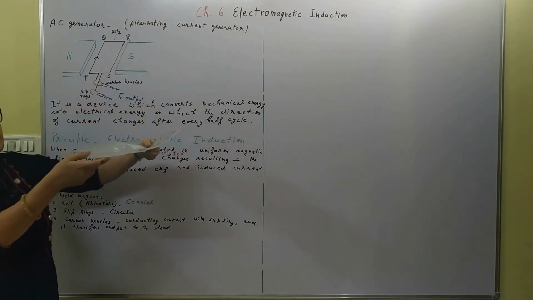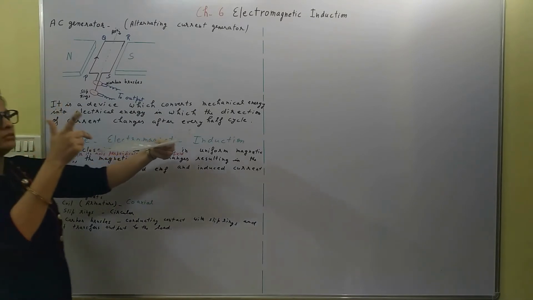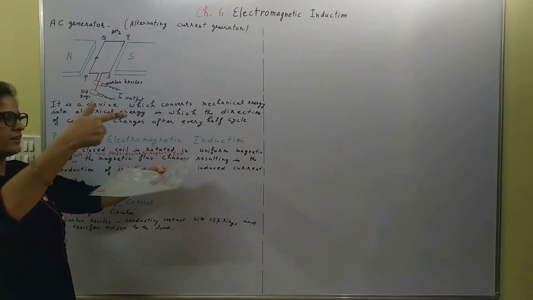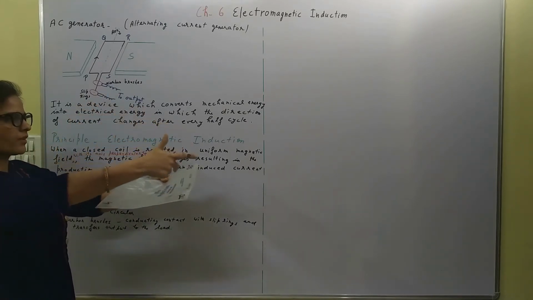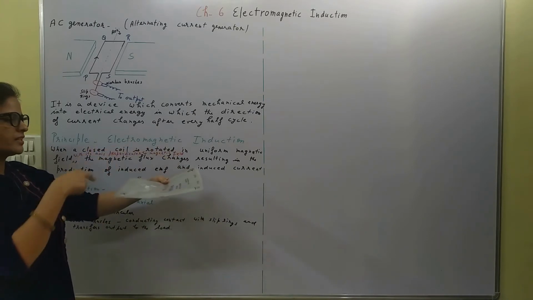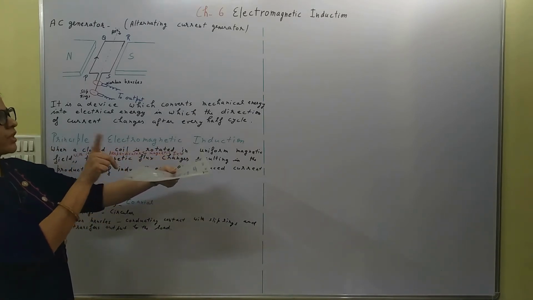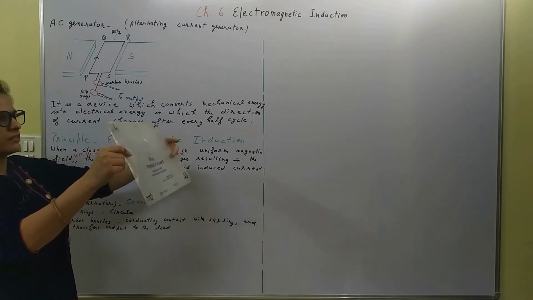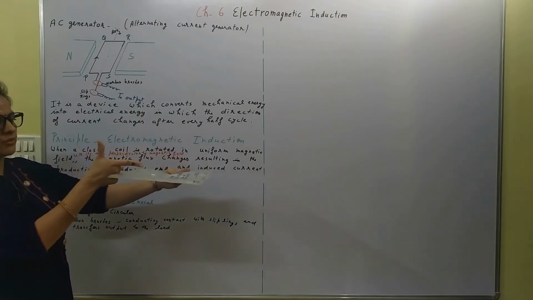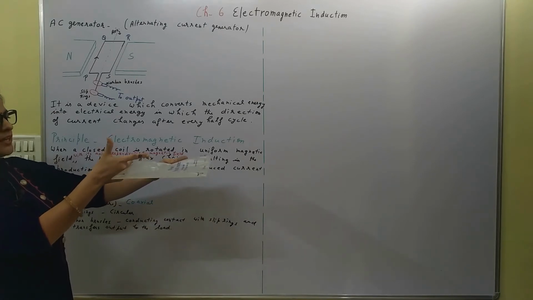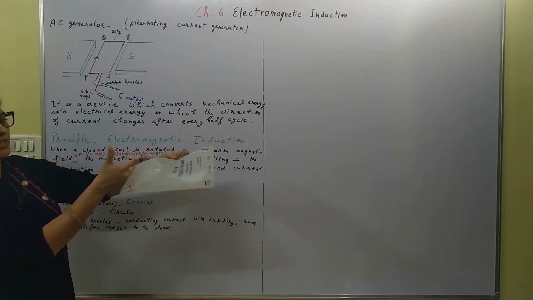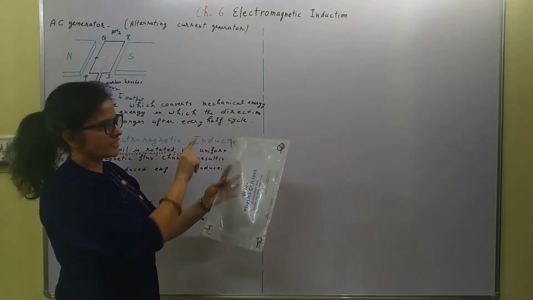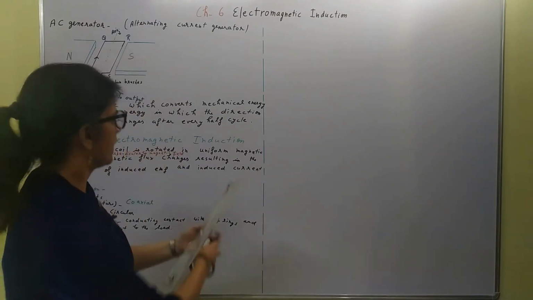Now look at the direction of the current, again right hand thumb rule. Now what is the direction of magnetic field? The magnetic field direction is this way only, if I am looking at this, right? So direction of the magnetic field is this way. Now your thumb is moving like this now, so the coil is moving this way, so magnetic field, motion, and again the direction now is this way according to the finger. But now if you look at the direction, now the direction is from S to R.